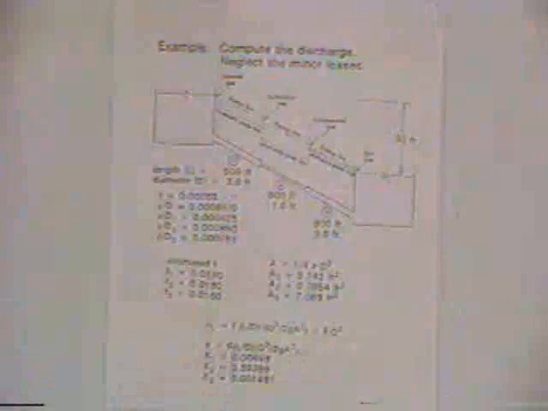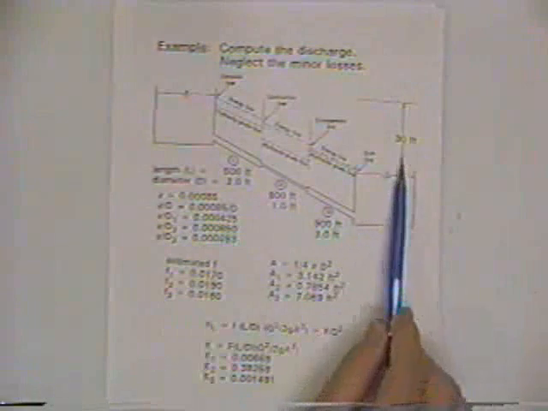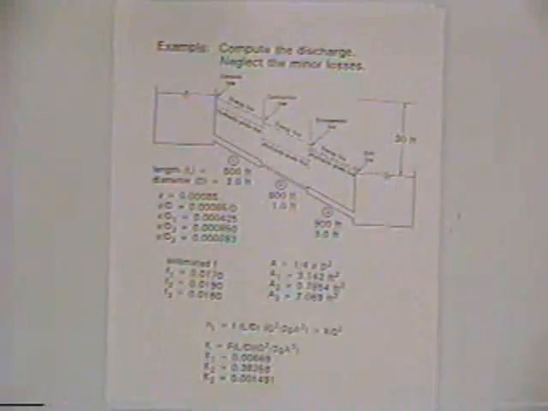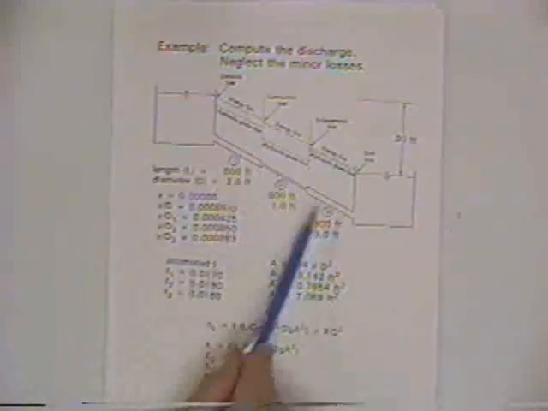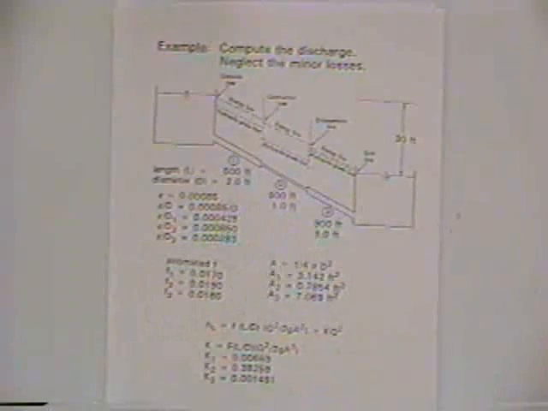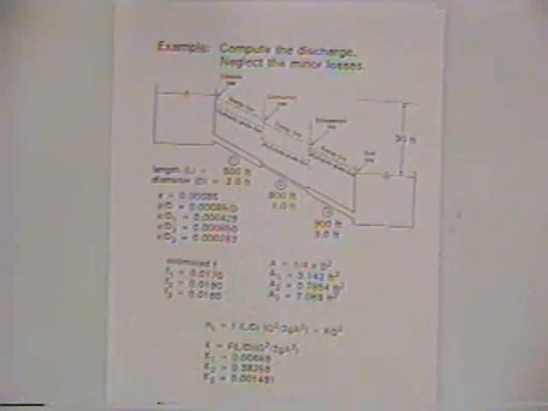And one example for pipes in series and one example for pipes in parallel. And here's the same problem we did before. The only difference is before we connected two reservoirs with one pipe, now we connect them with three. We've got the same 30 feet of difference in water surface elevation, and three pipes in series, and each of the three pipes has different characteristics: different lengths, different diameters, and